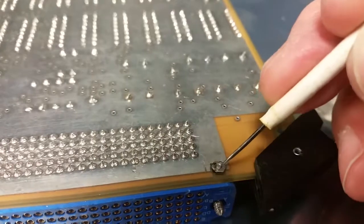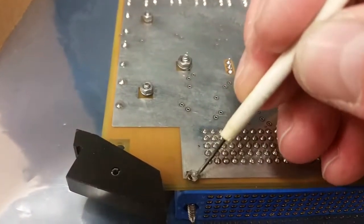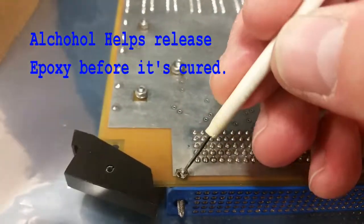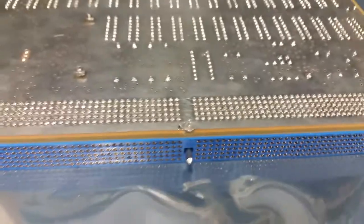You can also use a little dab of epoxy on top of this. Epoxy releases with heat too, which is really nice. Or if you let alcohol soak on it, it'll start to release as well. Some people don't know that, but if you're one of those people, now you know. Alright, so that should take about an hour to cure and dry. So let's